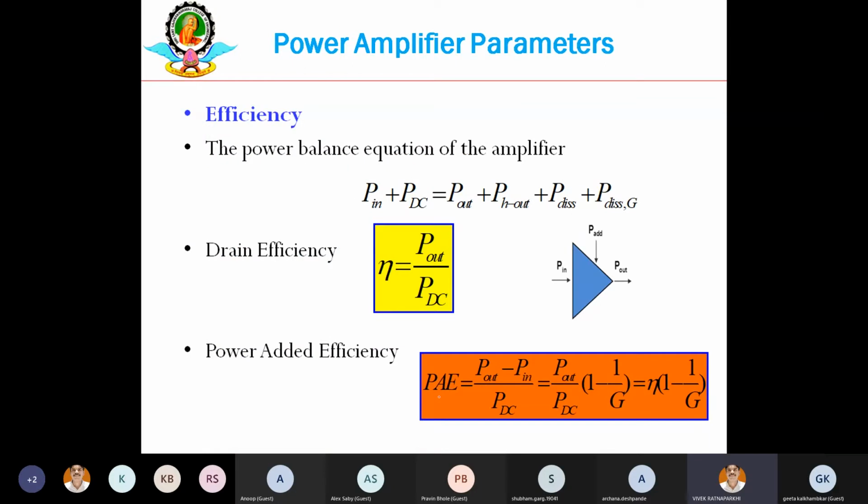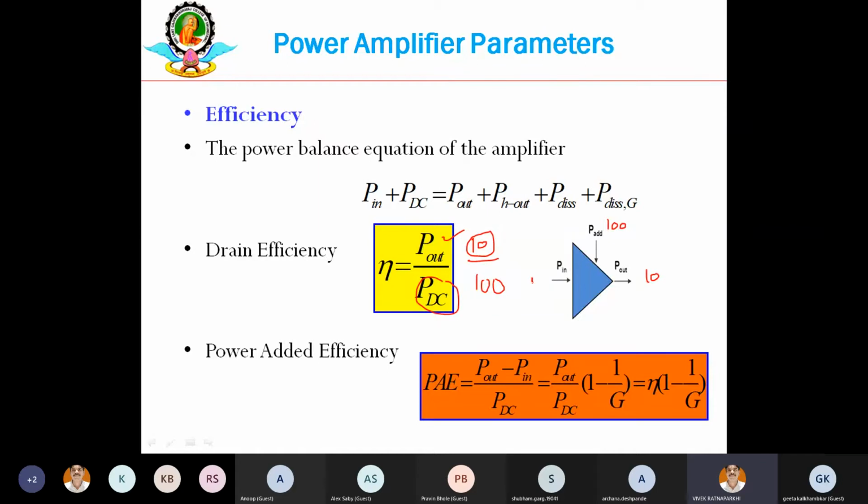Okay, so just to let you know about drain efficiency and power added efficiency. Drain efficiency is very straightforward. It is output AC power divided by input DC power, PDC. Very straightforward. If your output power is 10 watt and PDC is 100 watts, this is a very good example; you can say it has 10% drain efficiency. But what input you have fed to get Pout, that we are not considering in drain efficiency. It is only the 100 watt here, VDC into IDC, and the 10 watt here. That is the only consideration.